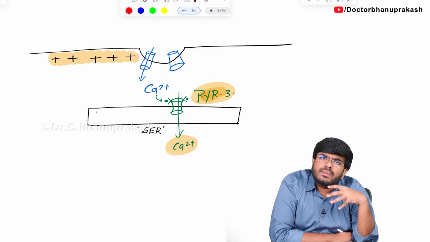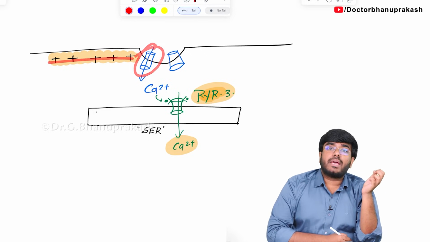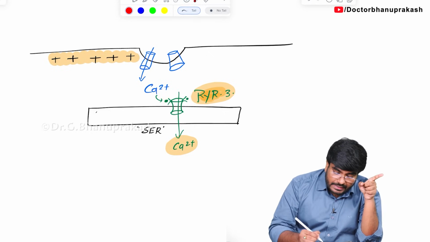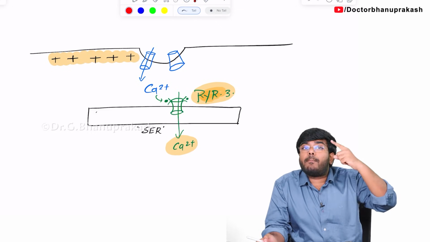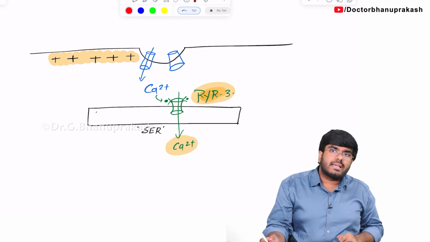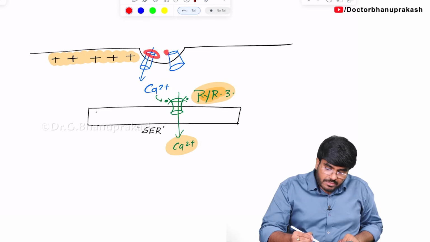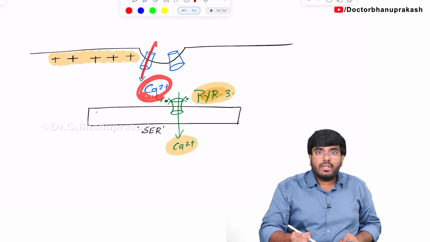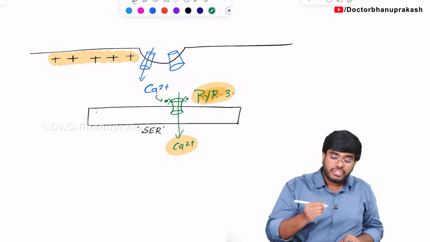In skeletal muscle there is something called electromechanical coupling. Because of the depolarization, the DHPR channel will come and open the RYR channel mechanically. That is the electromechanical coupling. But here in the smooth muscle, what exactly is happening? Whenever there is depolarization or an action potential, these calcium channels will open, so calcium is going to come into the cell. It is this calcium which is going to induce the release of this calcium. So this is called calcium induced